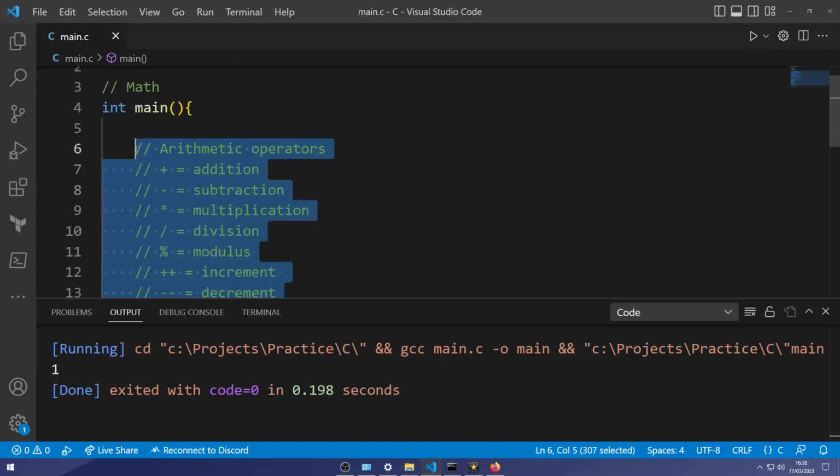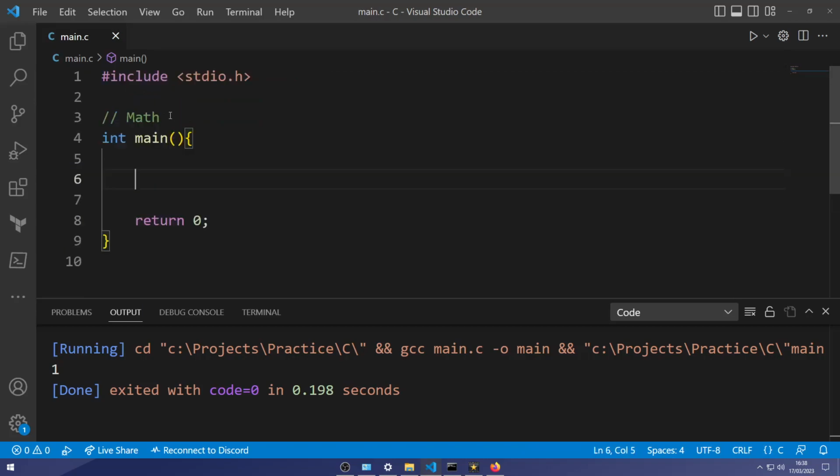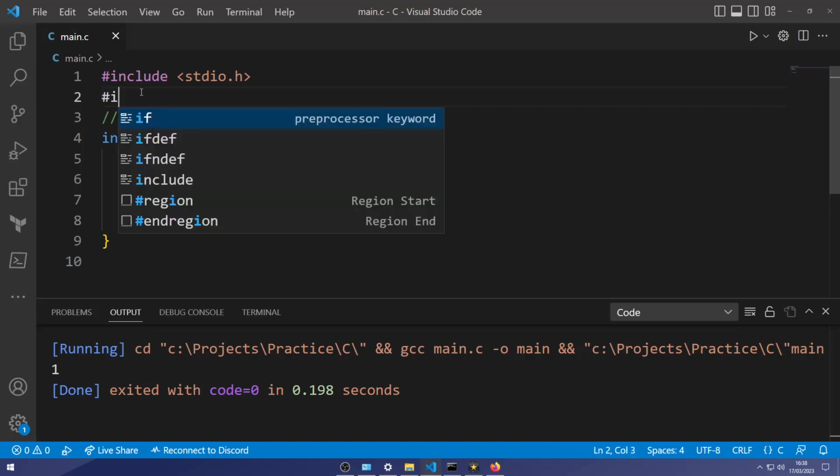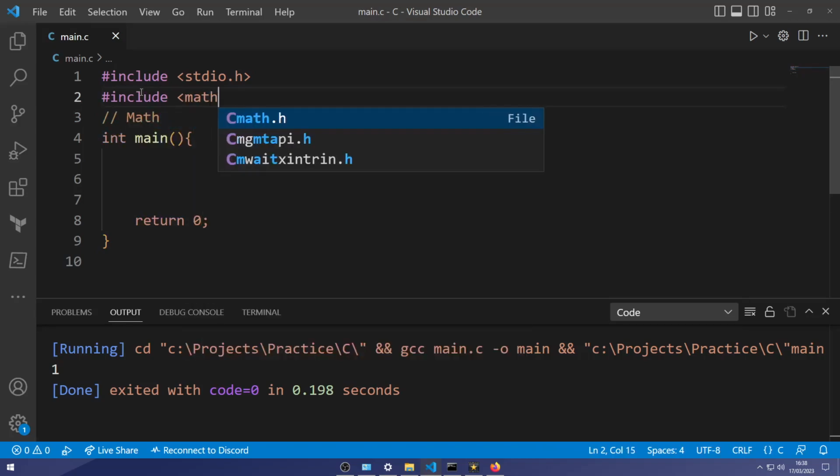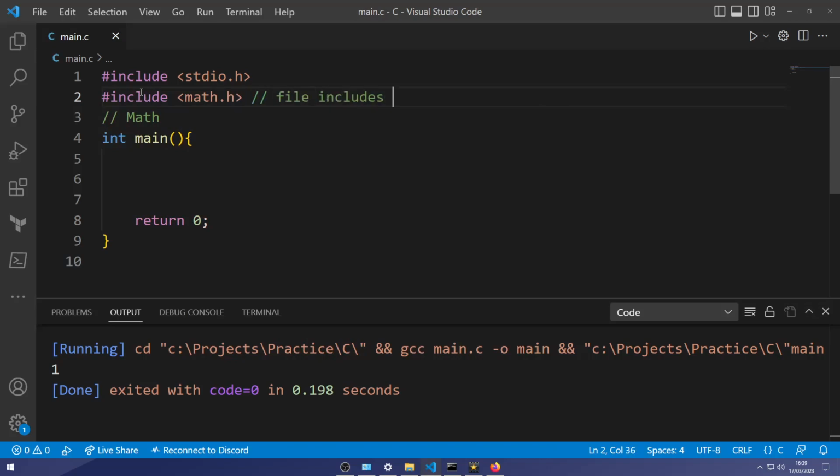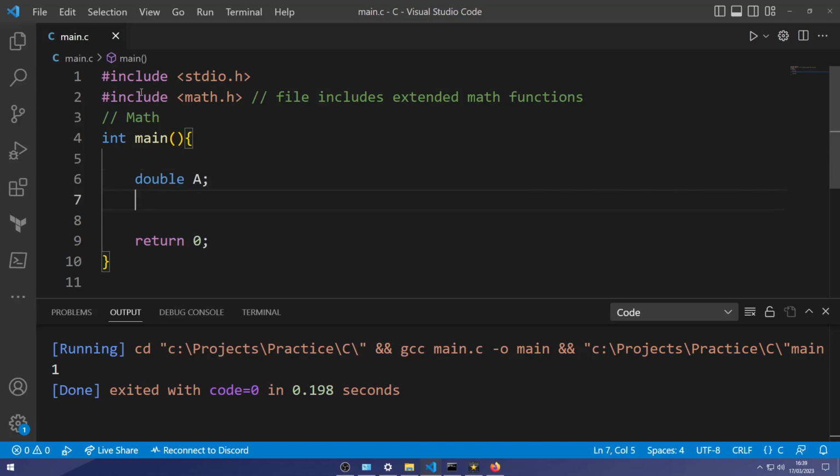Now let's bring in a new library related to math. We'll do this by including a new H file named math.h. Math.h just has extended math functions. It's like an expansion pack for your math. So we'll just create a few doubles here, a few integers.